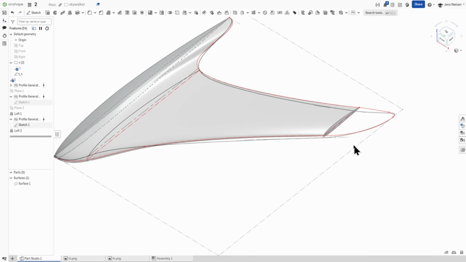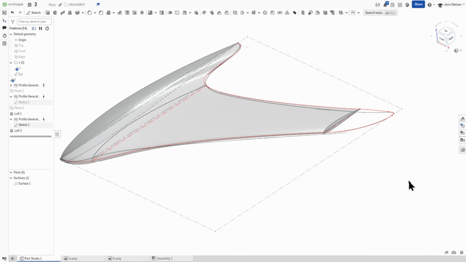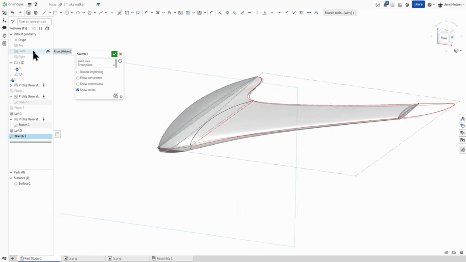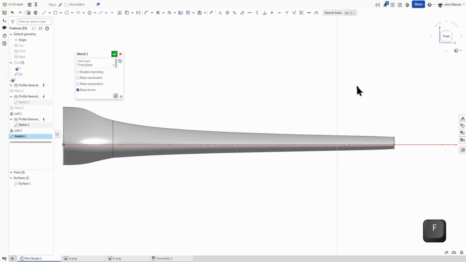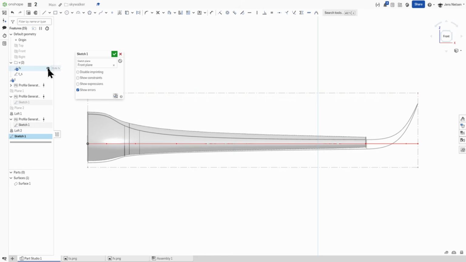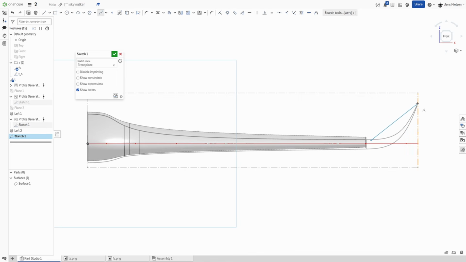So now let's do some work on the wingtips. And here I will start a sketch on the front plane and make that initial reference image visible, and just define a spline with 2 points. I can place them right on that curve,